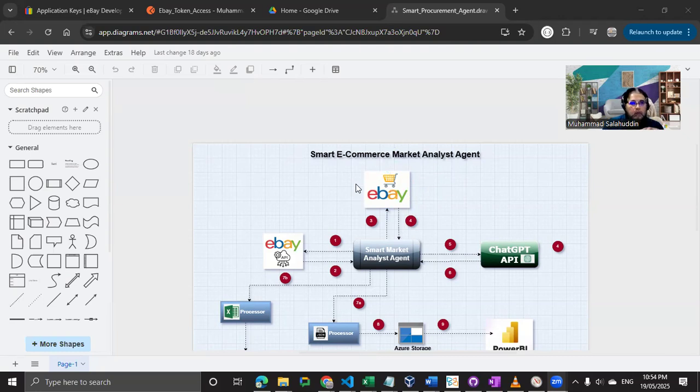And in this video, I'm going to show you how you can get the eBay JWT token from the eBay API, and we can use Postman to make sure that our username and password and all the configuration is correct. And why have I included Postman in between? Why are we not jumping directly into the code? Because